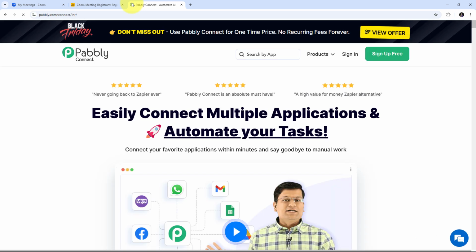And it will take us to this landing page of Pabbly Connect. Here in the landing page, I have these two options of sign in and sign up for free. If you don't have any account with Pabbly Connect, then you can just click on this sign up for free button. It will take only 2 minutes of your time and you will get 100 free tasks every month. Or if you already have an account or you are an existing user, then you can just click on sign in